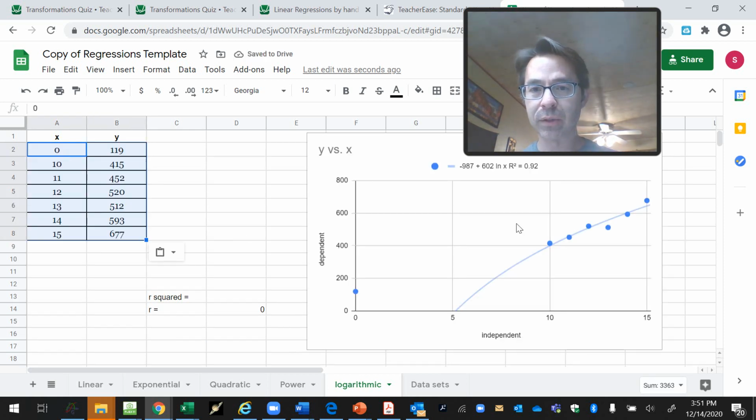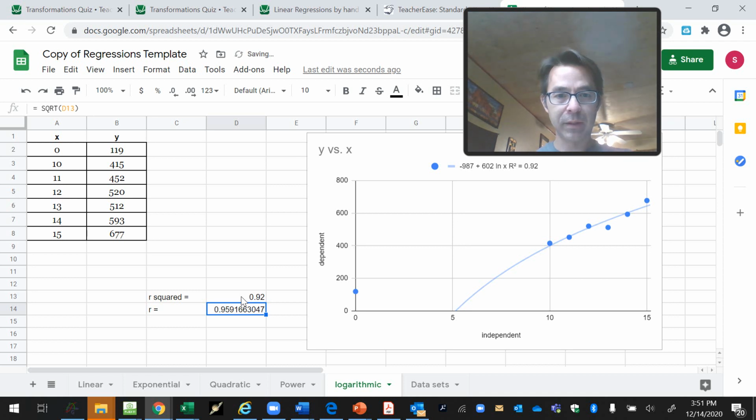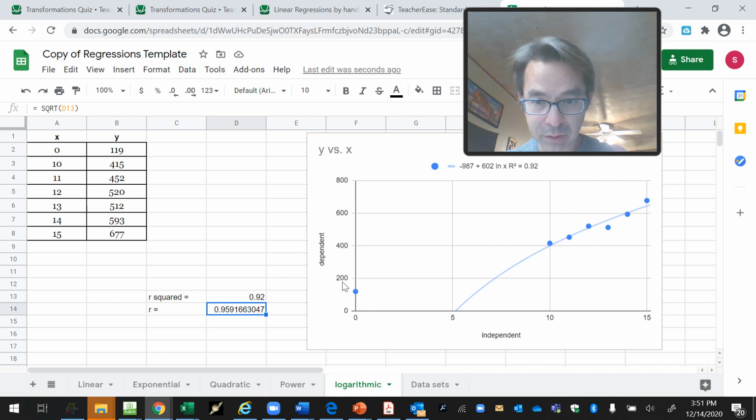and as you can see, it's a pretty good fit for these far right data points, but this one over here, it's not even close. So right away that tells me that logarithmic is probably not going to be the best model. Oops, enter. If it wasn't for that point, this point right here, then it looks like logarithmic would be the best model. But anyways, we got 0.959,